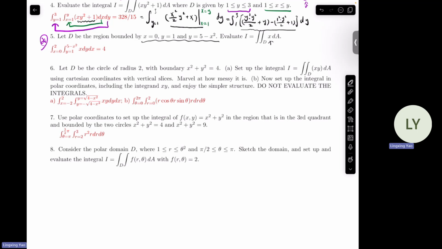which is not explicitly given, but instead it is given by the enclosure of three curves. So we gotta make sure we know where the curves are and how they intersect. And then with that information, hopefully we can find the domain of integration first, and then decide how to set up the iterated integral